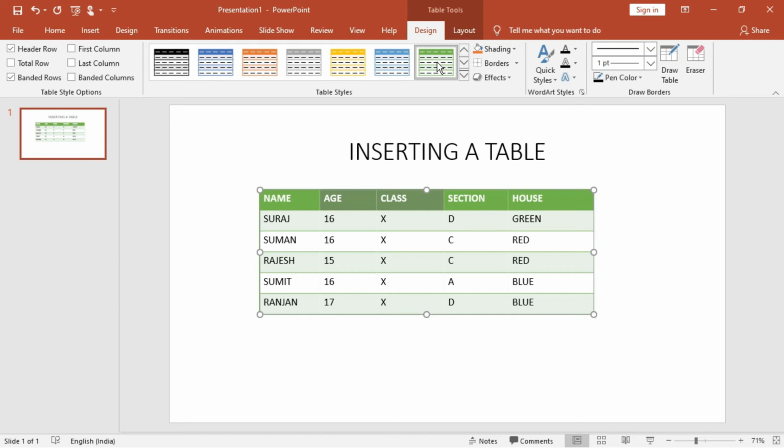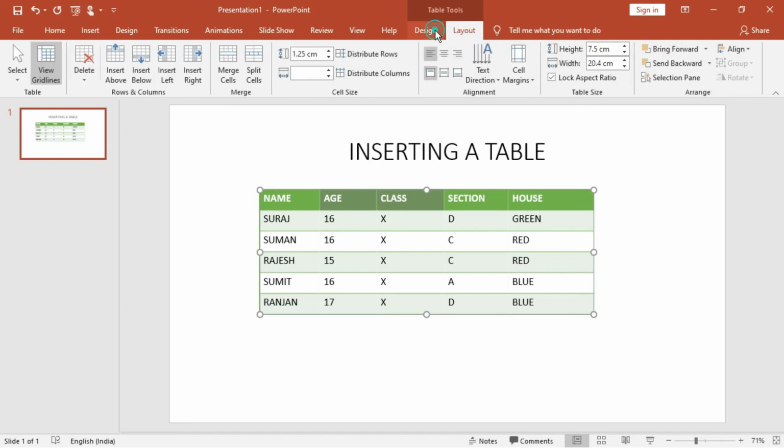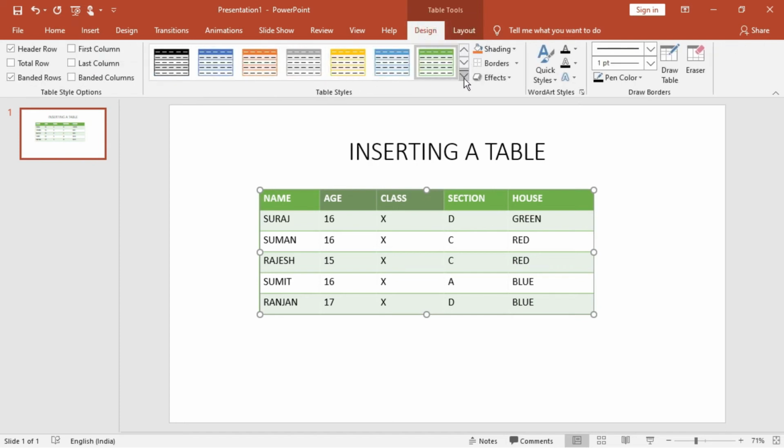So what I have done, first of all, when we insert a table, PowerPoint automatically applies a table style to the table. All right, then the table styles group in the design tab of the table tools tab. So this is the table styles, this is the design tab and this is the layout group. Can you see? To apply a table style, first of all we have to select the table, which we have done. Click on the design tab to access all the table styles. This is the layout and this is the design tab. Fine. In the design tab, all the designs are available.